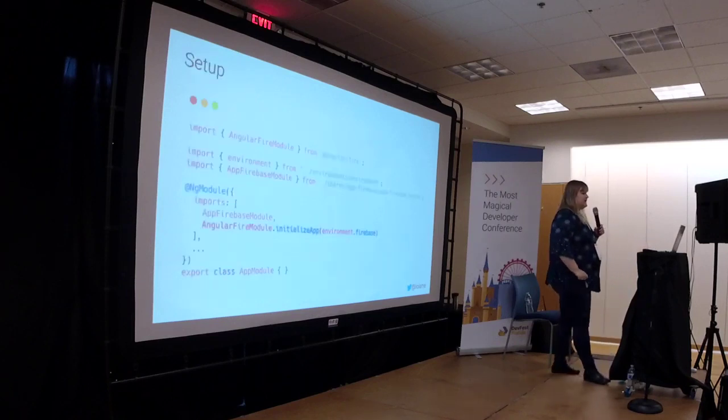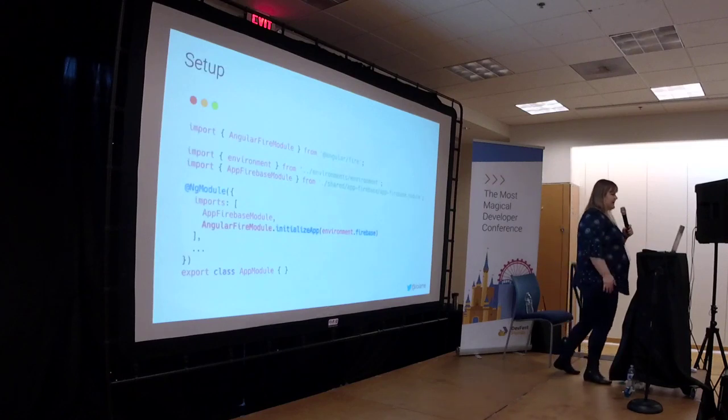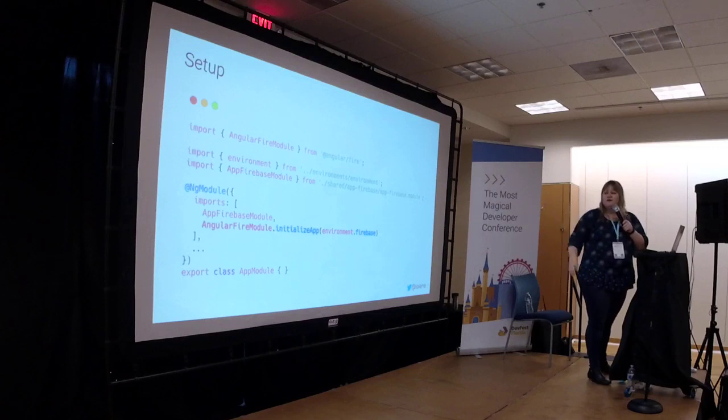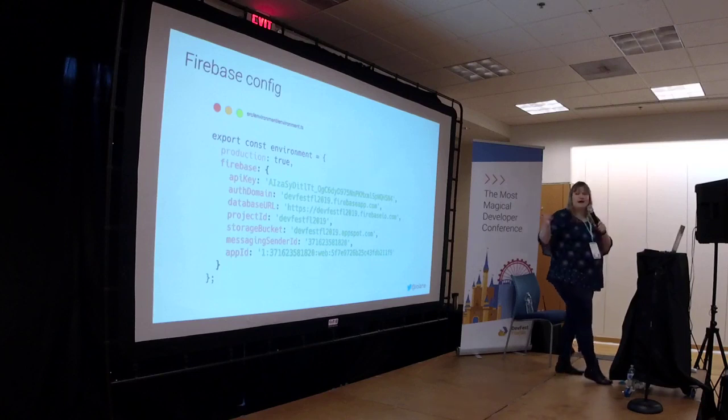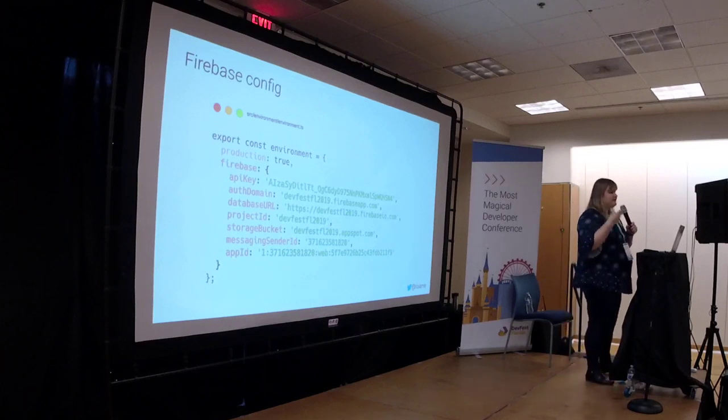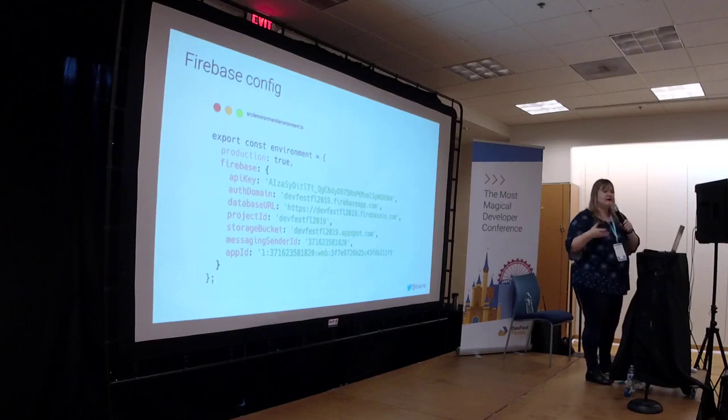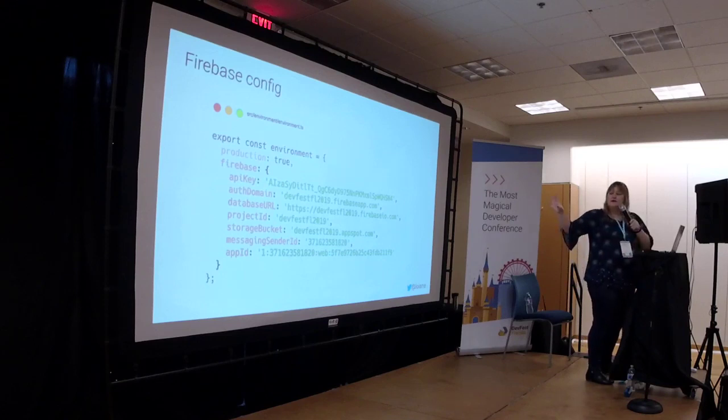So for the setup, in Angular, for those that are familiar with Angular, we have the main module, in this case the app module, where you can just call the main module from Firebase and initialize the application, passing your configuration. A great place to have this configuration in your application is inside the environment.ts. So in Angular, when you create a project, you're gonna get two files: the environment dev, to use in development, which is where you're usually gonna add everything you need for development, and then your same configuration in the environment.ts,